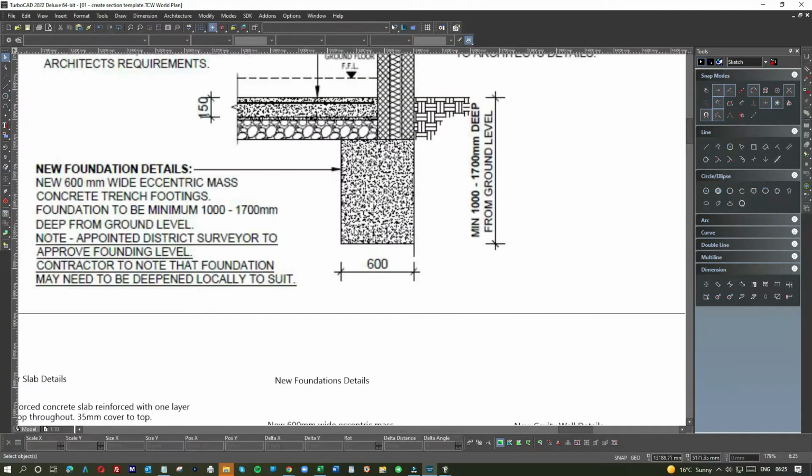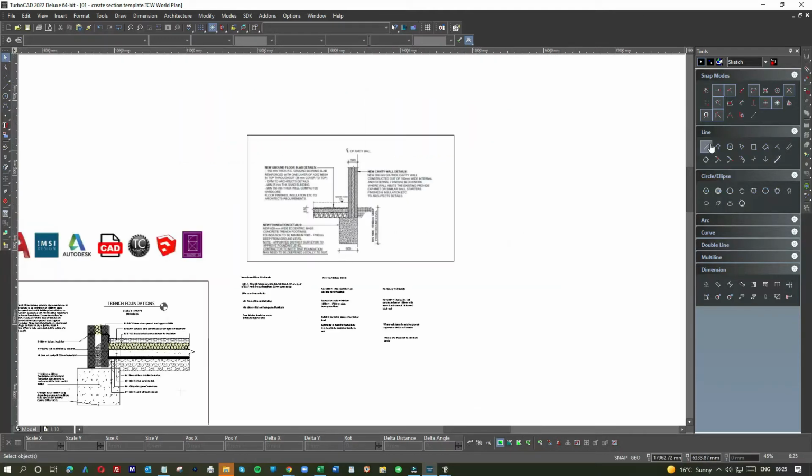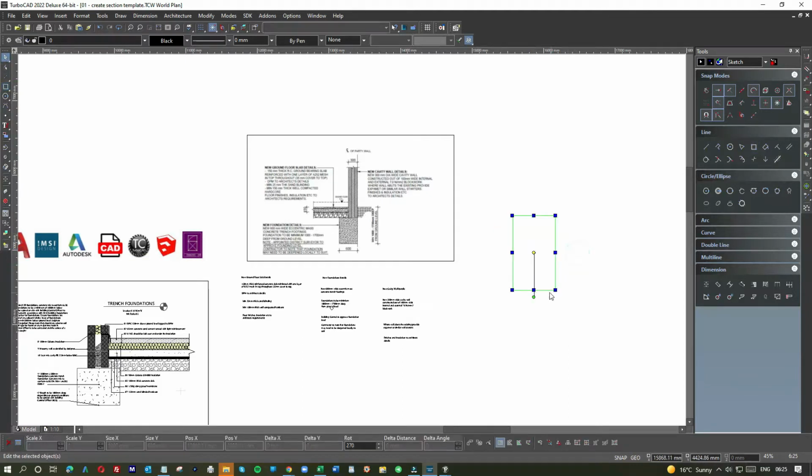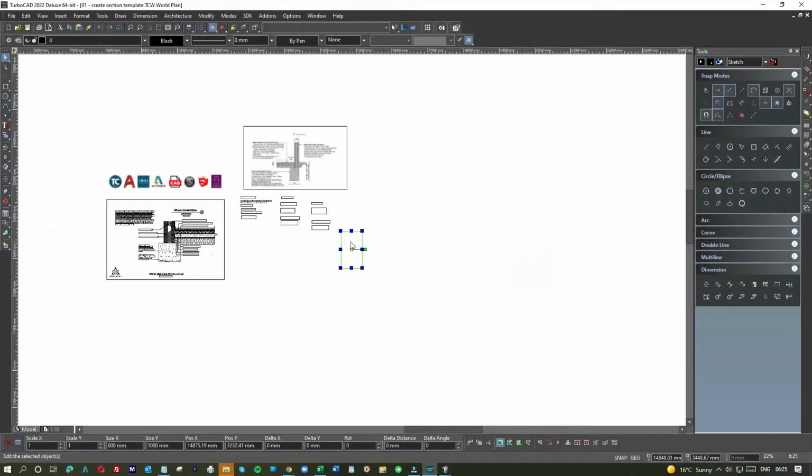Let's start off with the actual foundation, which is effectively, like I say here, the minimum can be 1000 to 1700 in depth, but it's 600 wide. So let's do a foundation. Tab 1, 2, 3, tab 600. As usual, I've done it the other way around. Right, so if we look at this as the foundation block,